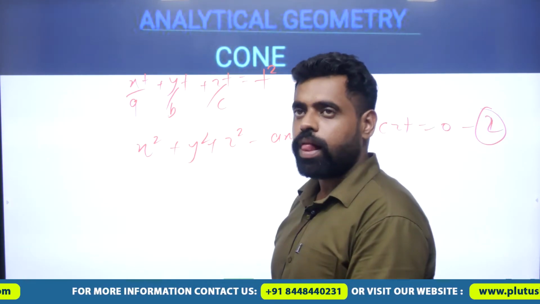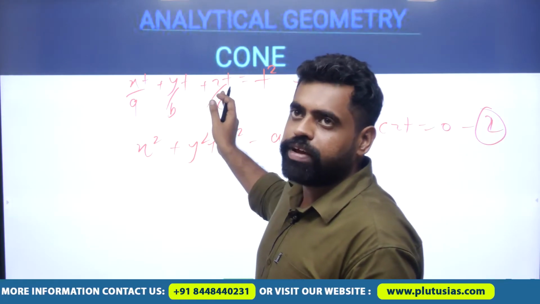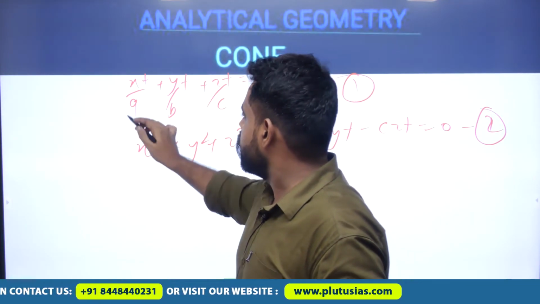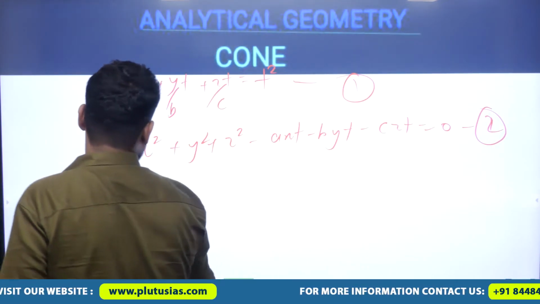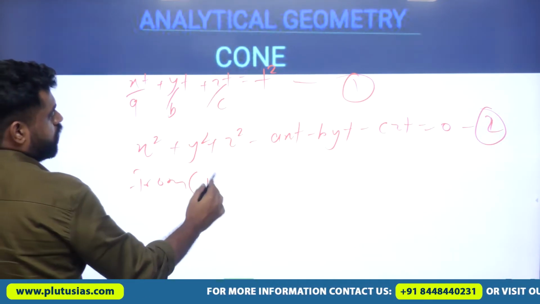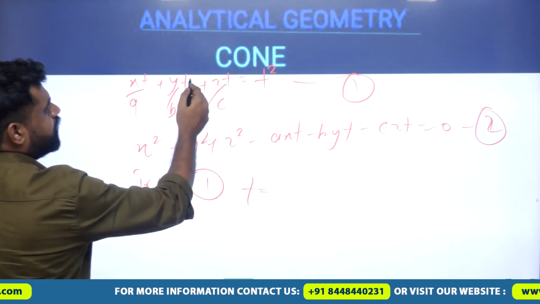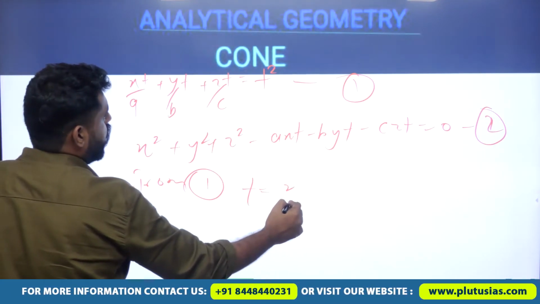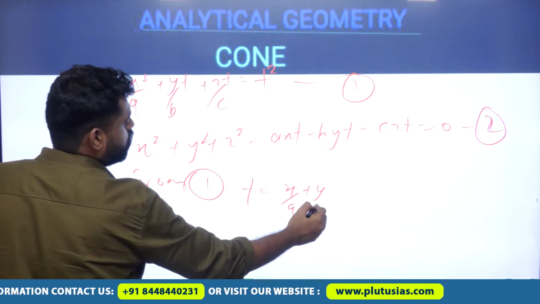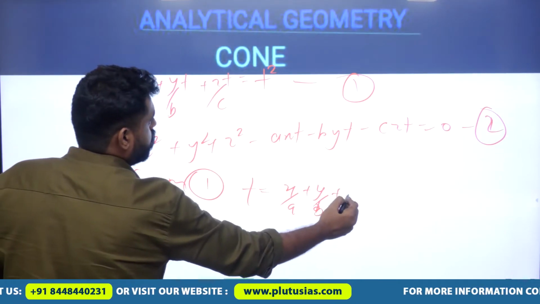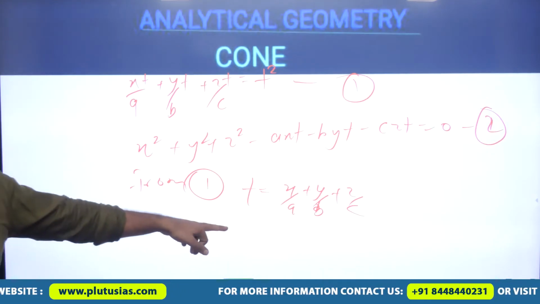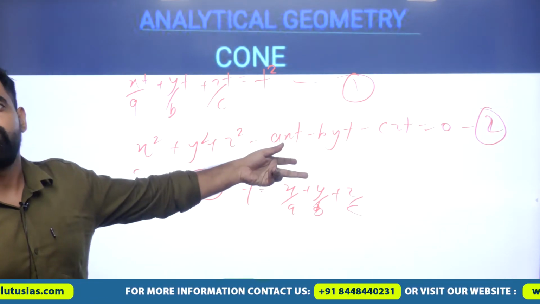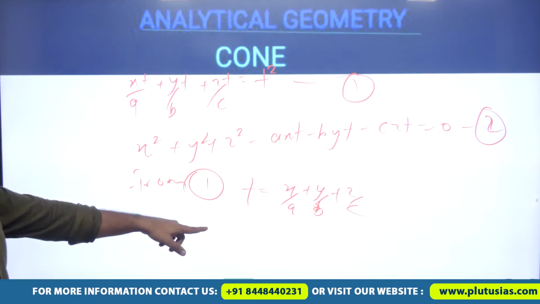So from 1 we get the value of t. If I calculate the value of t, from 1, t is equal to, this t and t cancel out, we get x upon a plus y upon b plus z upon c. And I put this value of t in 2. Putting this value in 2,